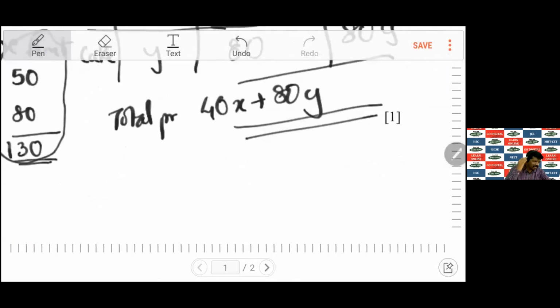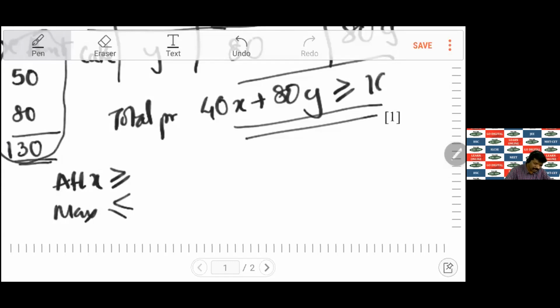You will think, what does at least mean, is it more or less? When you keep thinking like that, it is better to remember: at least means it is like this (greater than or equal to), and maximum is like this (less than or equal to). You don't have to break your head. Every time, at least is greater than or equal to, so this will be greater than or equal to 160.